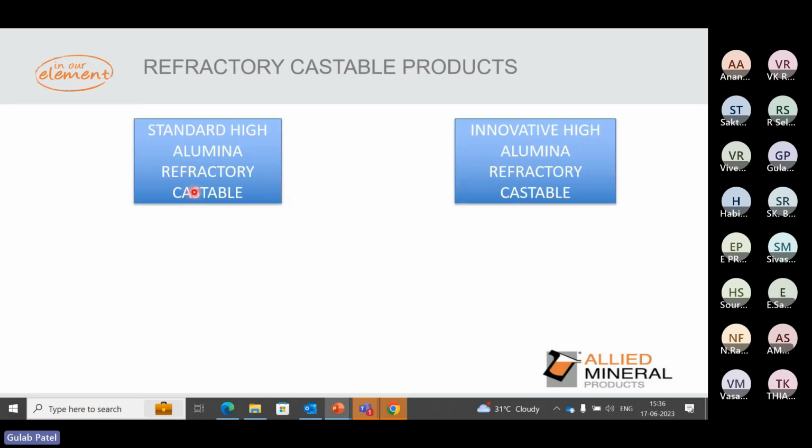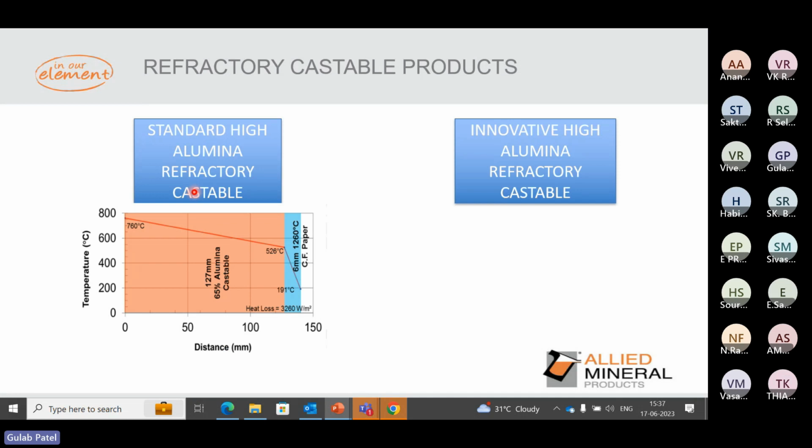So what exactly we have done here is one case study on how we can achieve those goals we have discussed, like reduced energy and all those things. There are certain products available. We have done the studies, like the standard high alumina refractory castable. Here we are talking about how we can reduce the energy. The possible way when we are talking about reducing energy by the refractory is directly related to your